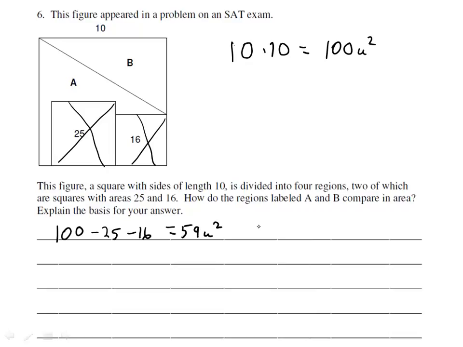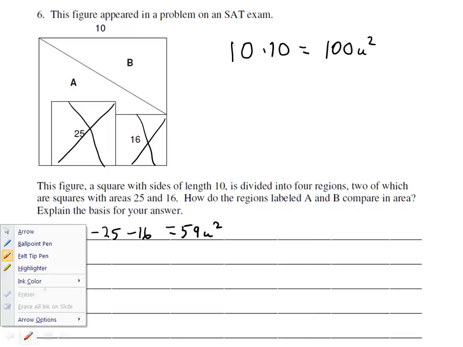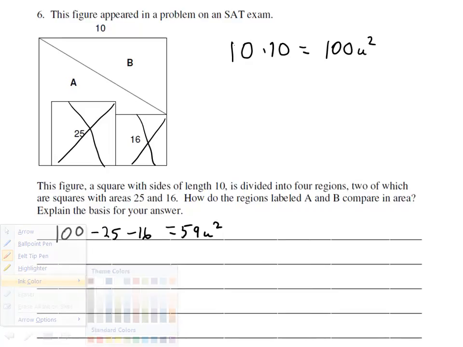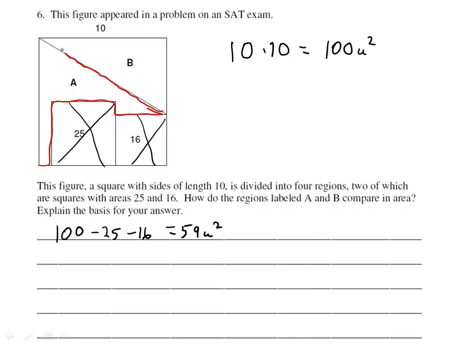Now we have to figure out which one of those two might be larger than the other one. When they say compare them in area, we're trying to figure out which is the largest. So let's figure out, if we can, is there anything that allows us to figure out the area of region A and B? As you can see, region A is quite an irregular shape. It partly looks like a triangle with a rectangular section cut out, and we don't have really any way to